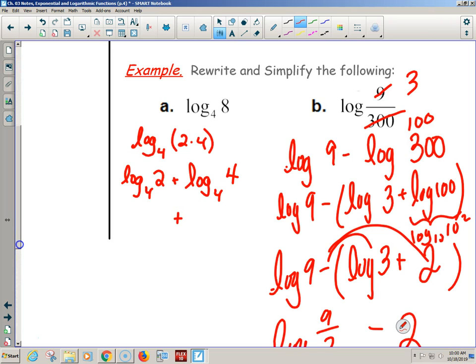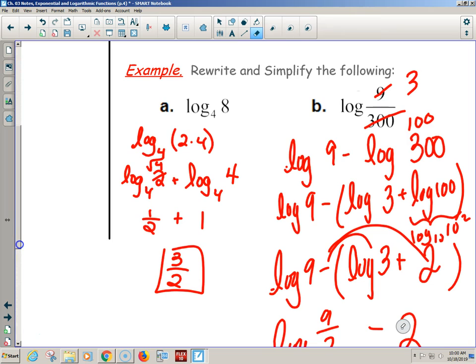Wait, it's easier? Yeah, because what's log base 4 of 4? What power of 4 is 4? What power of 4 is 2? 1/2. Because it's the square root of 4, right? And the square root of 4 is 4 to the 1/2. The 1/2 can come down. My brain might be thinking of 2 as being a half power of 4 and 4 being a 1 power of 4 to get 3 halves,